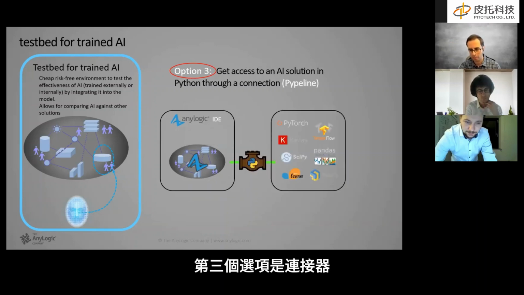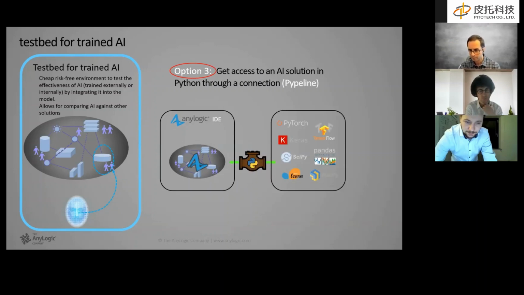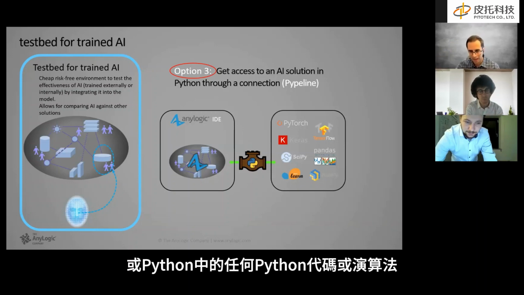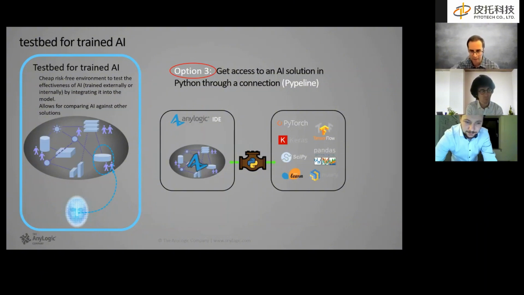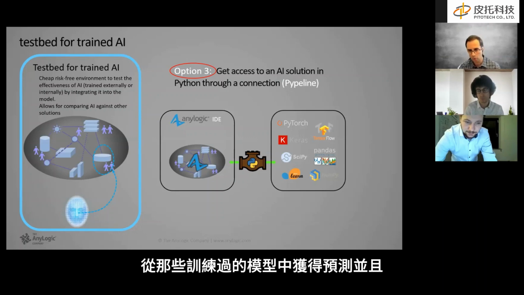And the third option is a connector between AnyLogic and Python, which lets you get access to any Python packages or any Python code or algorithm that you have in Python. On top of that, this could also be used for getting access to any trained ML model that you have on your machine locally, and getting predictions from those trained models